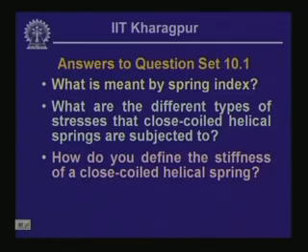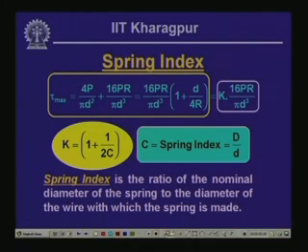The first question was, what is meant by spring index? Now, if you remember, while discussing the closed coil helical springs, we discussed how the stresses are induced, and we had seen that primarily the stresses which act on the springs are the direct shear stress and the twisting moment, and both the forces induce shearing stress in the member. The direct shear force induces the shear stress, and the twisting moment also induces the shear stress, and thereby we get the total shear stress which we have designated as tau max, which is equal to 16 P R by